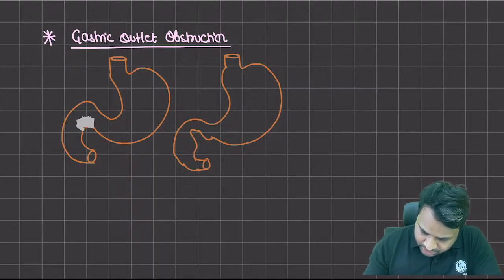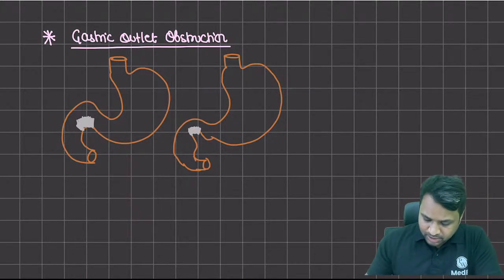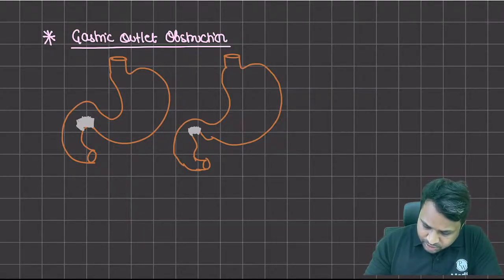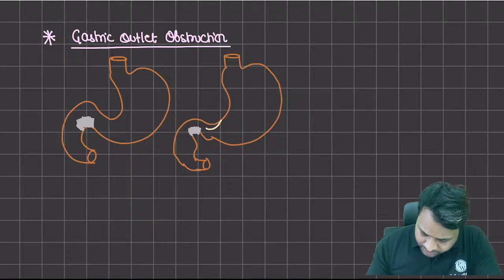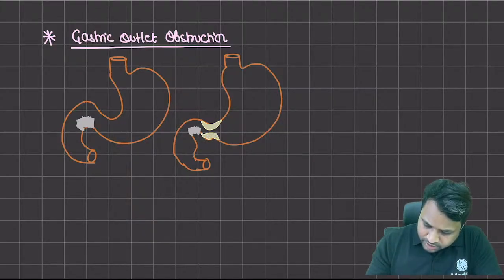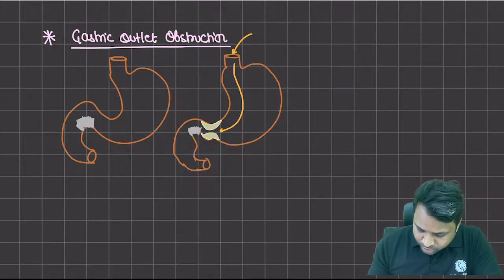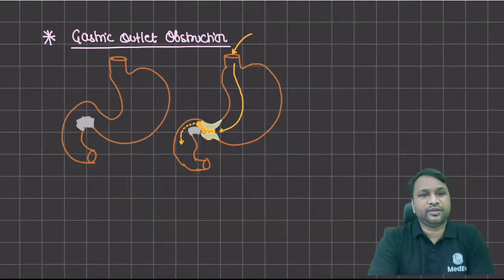So this site is strictured. Now because it is strictured, the lumen is getting smaller, right? As the lumen gets smaller, here you have the pyloric sphincter which is present here. Let's say this happens to be your pyloric sphincter. So the content that is going to go, let's say the food that is consumed, will go from here and it goes across here. Now, because there is a stricture at the duodenum, the lumen gets smaller, so the content cannot pass any further. As the content cannot pass any further, the patient is going to have